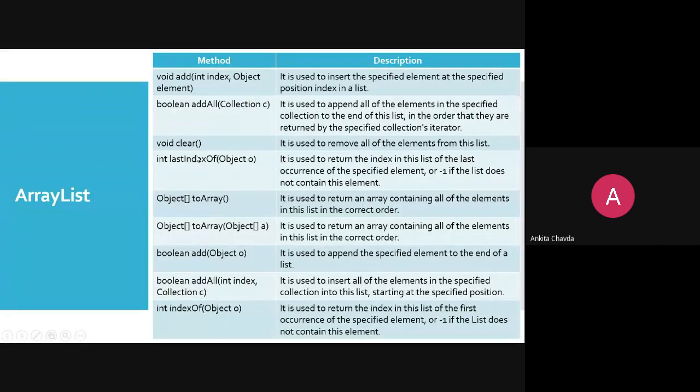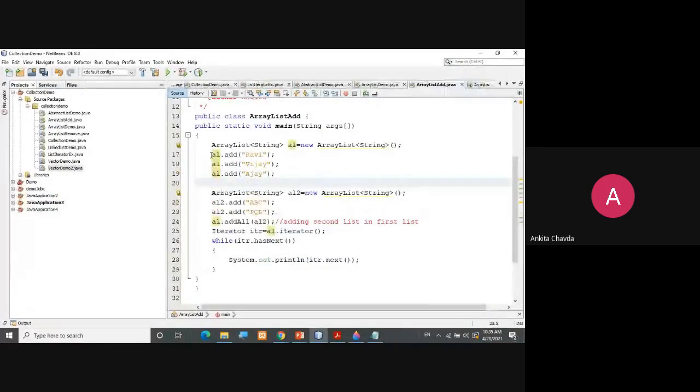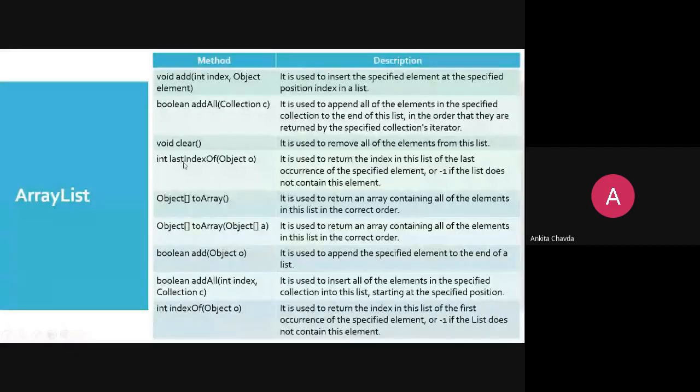Suppose here I add Ravi 2 times. Now I wish to know the last position: the first occurrence is at the 0th index and the second occurrence is at the third index, right? Here 0, 1, 2, and 3. So if I write lastIndexOf Ravi, it will return the last occurrence of this particular object.